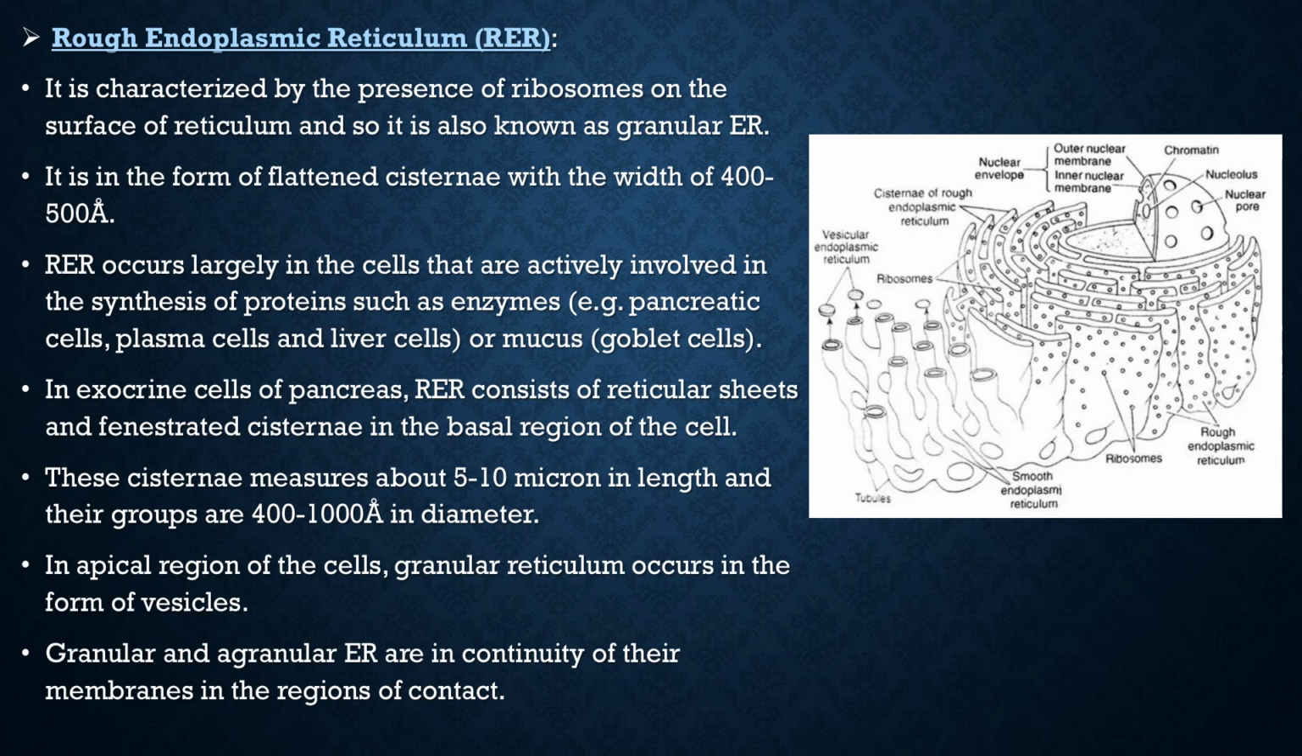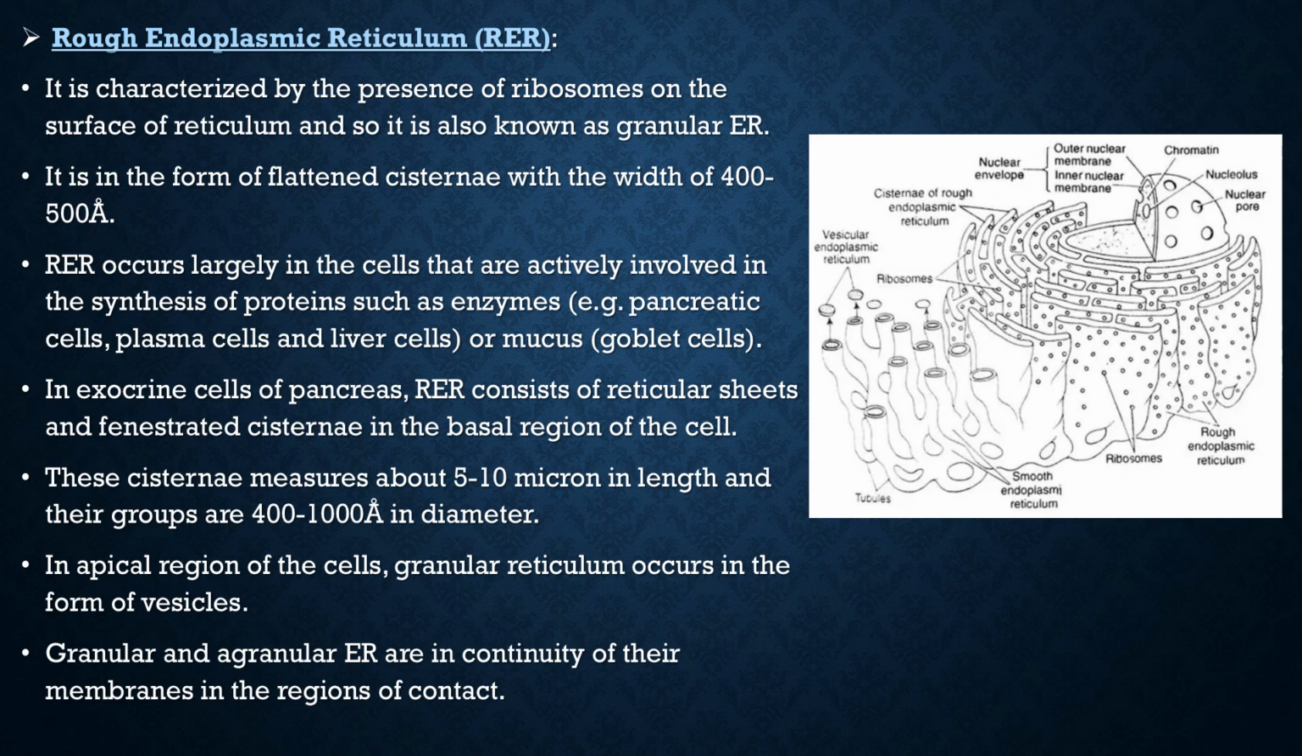Rough endoplasmic reticulum. It is characterized by the presence of ribosomes on the surface of reticulum, and so it is also known as granular endoplasmic reticulum. It is in the form of flattened cisternae with the width of 400 to 500 angstrom. Rough endoplasmic reticulum occurs largely in the cells that are actively involved in the synthesis of proteins such as enzymes